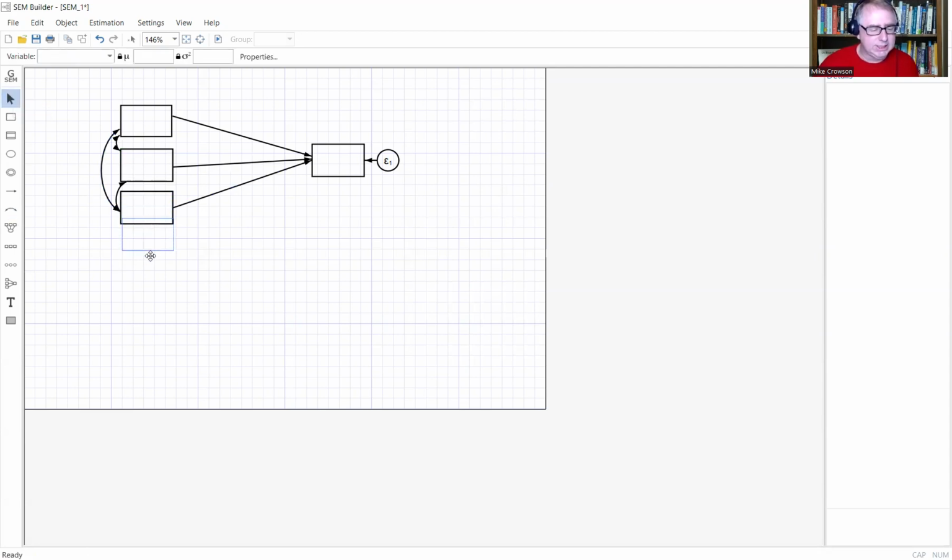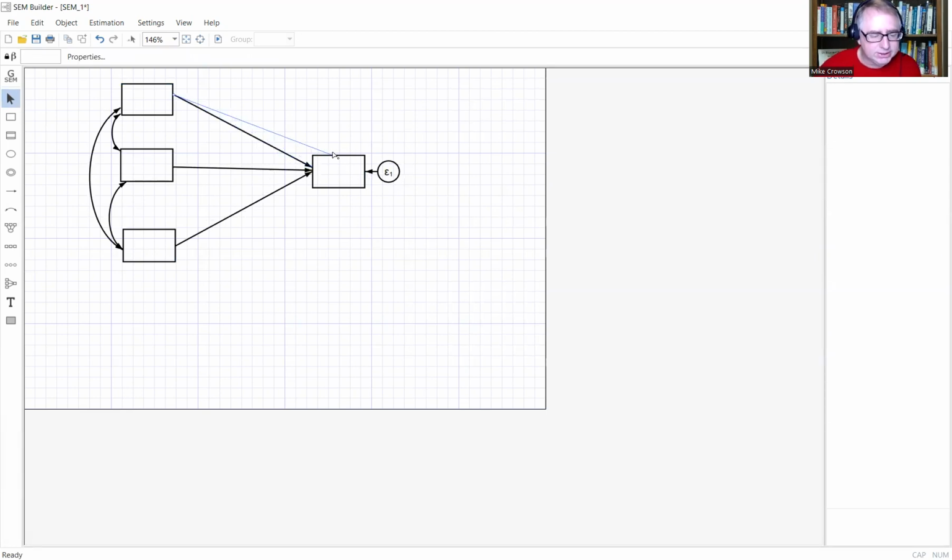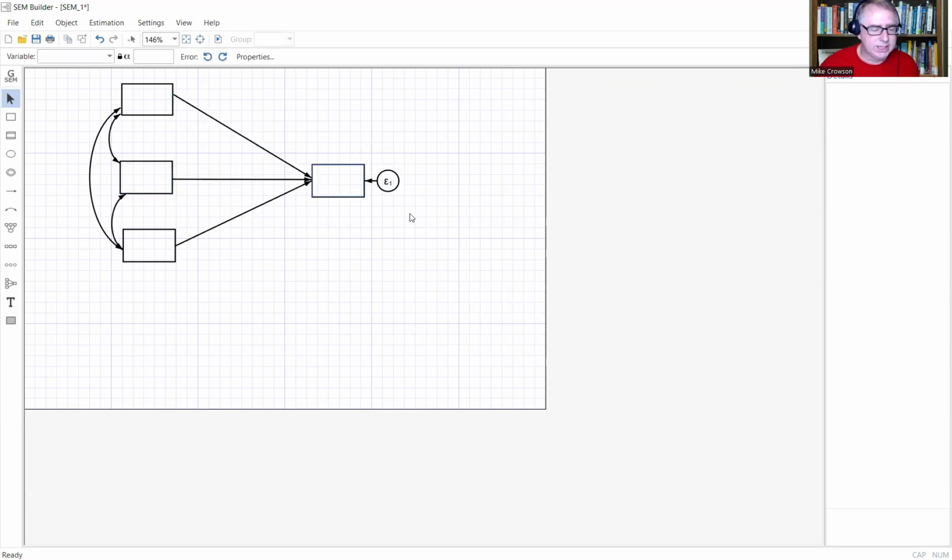You can also see that we can click on the boxes and so forth and move things around in this kind of way right here. If I wanted to straighten things up a bit like that, I can just move that around. If I want to move the arrows, I can click on the arrow, and it may be hard to see, but you can move things around as well. So you can clean things up as needed using this graphical user interface. I'll just draw that down right there. Now, the other thing too is that now I need to add the variables into